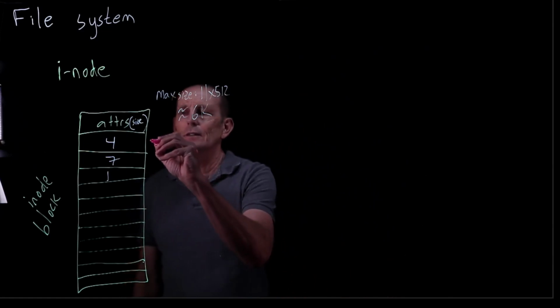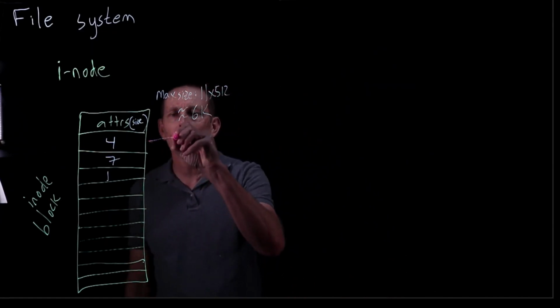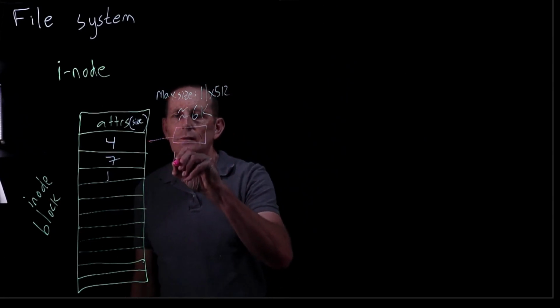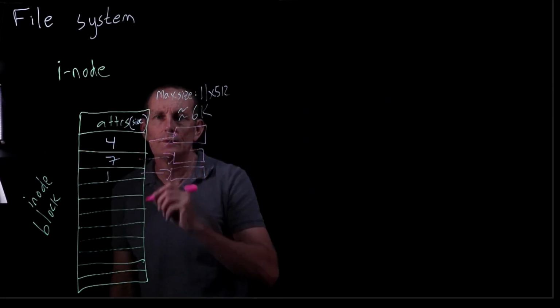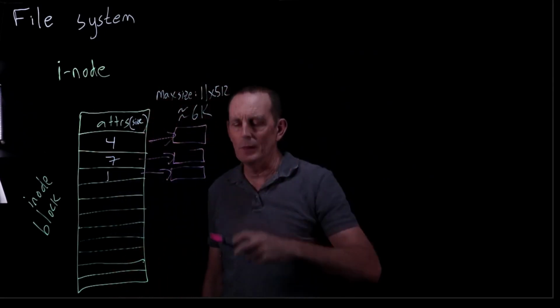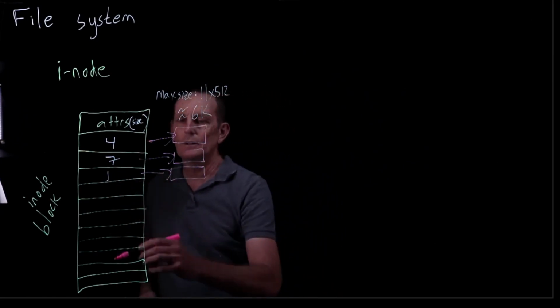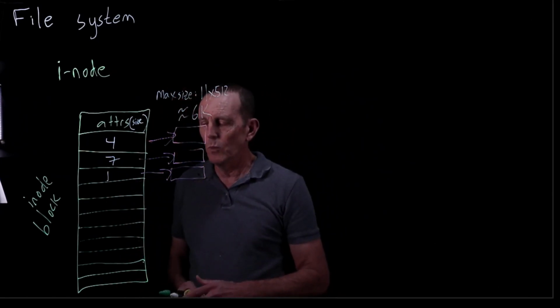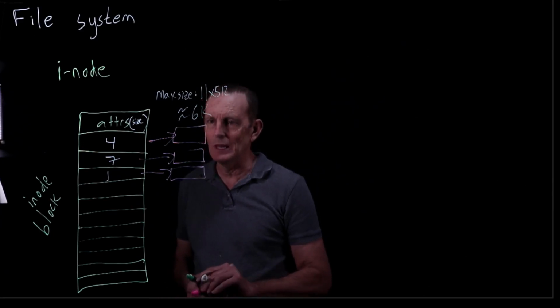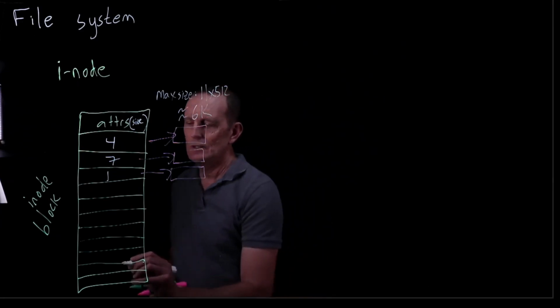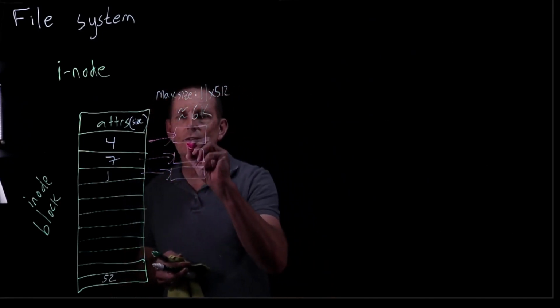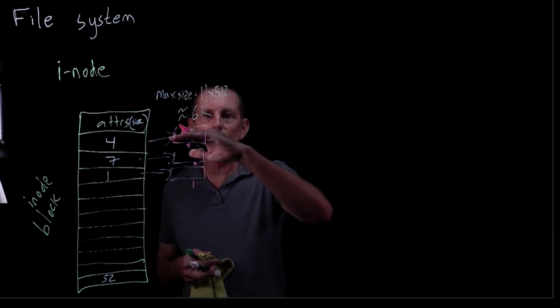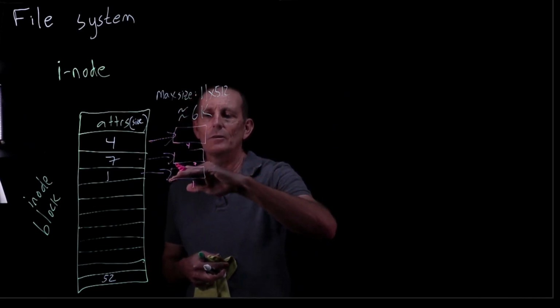What we can do then is look at, let's say, these blocks, and see that we've got our 3 blocks associated with it. And we can continue down here and do all the blocks. So the workaround that we do is we say, I know, let's go ahead and make one of these blocks an indirect block. So we're going to have, let's say, 52 here. And this is 4 and 7 and 1. This is the first block of the contents of the file, the second block, the third block.